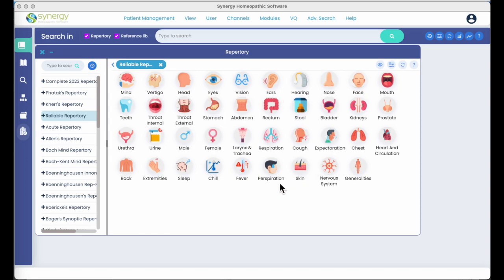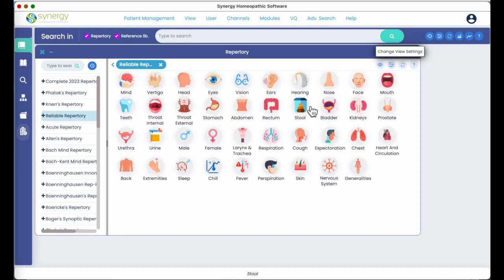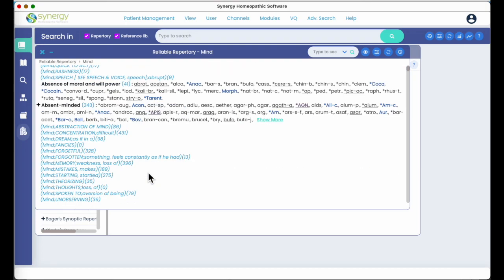Now it's on this picture icon page, this main page, where you can make a permanent change to see cross-references all the time. When you're on this main page, you come over here to this eye icon, the one that says Change View Settings when you hover your mouse over it, and you choose Cross-References and you hit OK. Now, once you've done that, you will see cross-references in all the repertories that have cross-references available and in every chapter as well. So here we are, I've turned them on, and all these blue links are the cross-references here